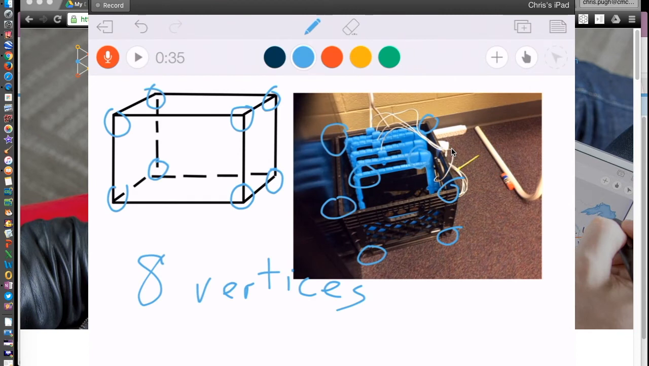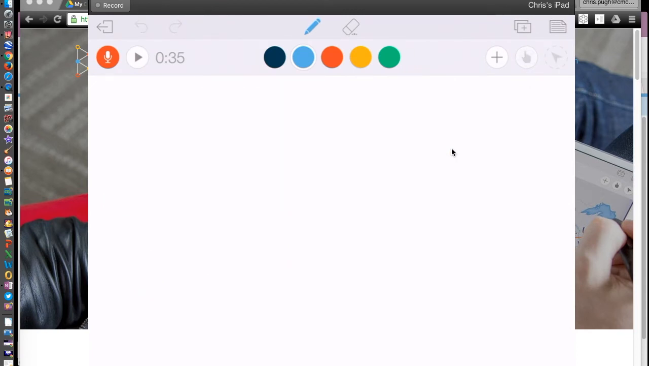Record the actions and the voice at the same time. Again, I have the ability to add in new pages, so I can add in the next thing. Again, it works fantastic for math, for reading, for social studies,